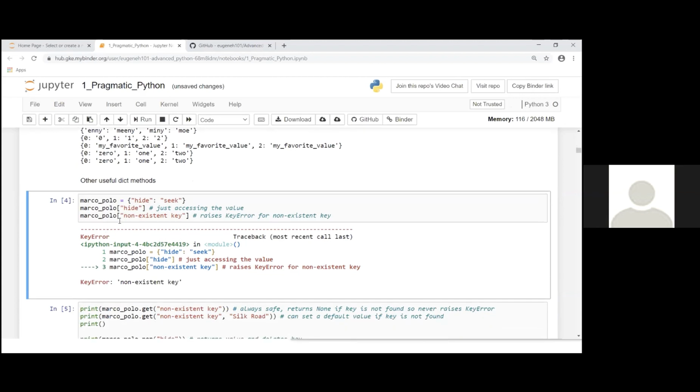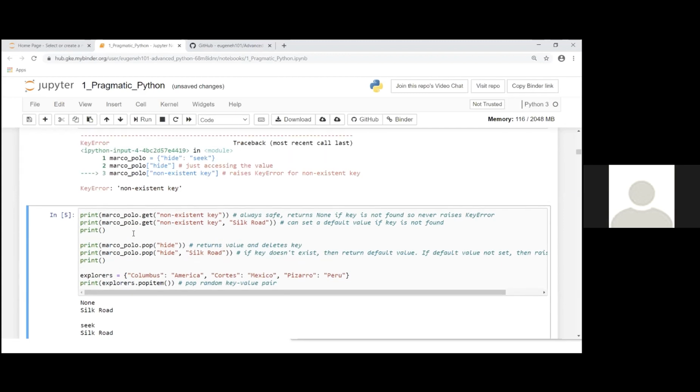The quick thing is that for a dictionary with a key that does not exist, it'll give you a key error, right? But a safe way to do it, to always run successfully, is to use the get method. If the key does not exist, then return None. Otherwise, get the value corresponding to the key. But if you want a default value, so suppose that the key does not exist in the dictionary, but you don't want None, then you can pass in a second argument that specifies what will be the default value if the key does not exist in the dictionary. So you get this one.